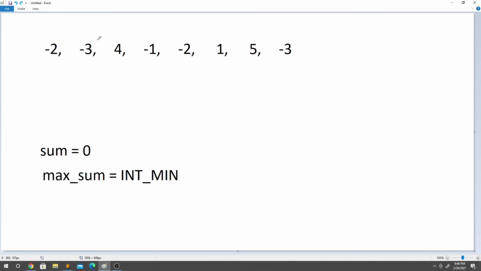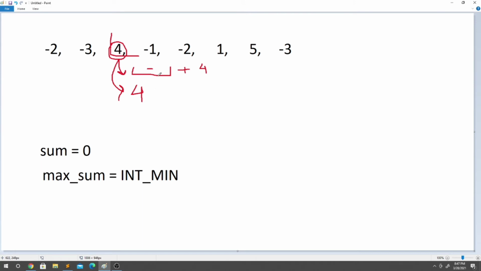Now Kadane's algorithm says that whenever we come to an element, there are two possibilities for calculating the subarray sum. One is that the subarray has started from some previous element and is coming to this element. In that case, we will have some previous sum coming from the previous subarray part, and to that we will add this particular element. The second possibility is that our subarray is starting from this element only. So the current sum at that point will only be 4. Okay, these are the two possibilities.